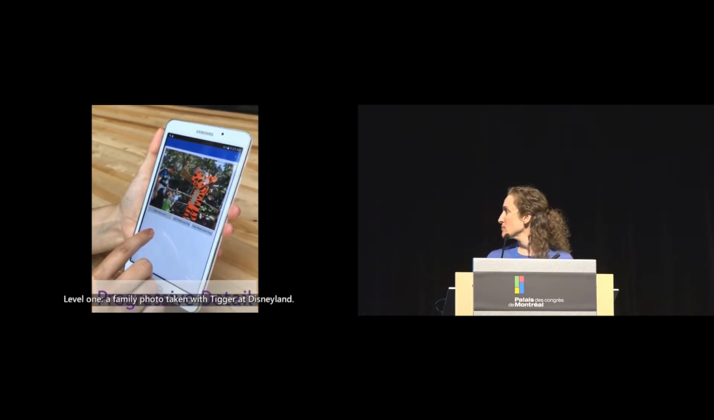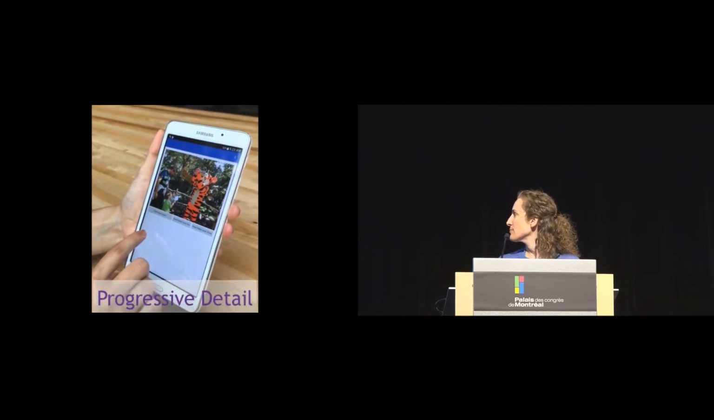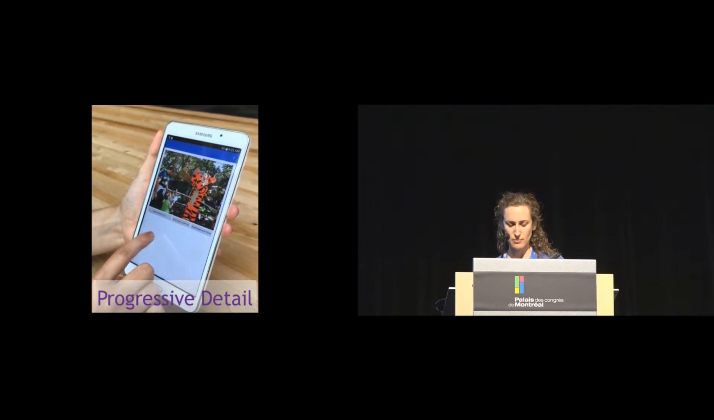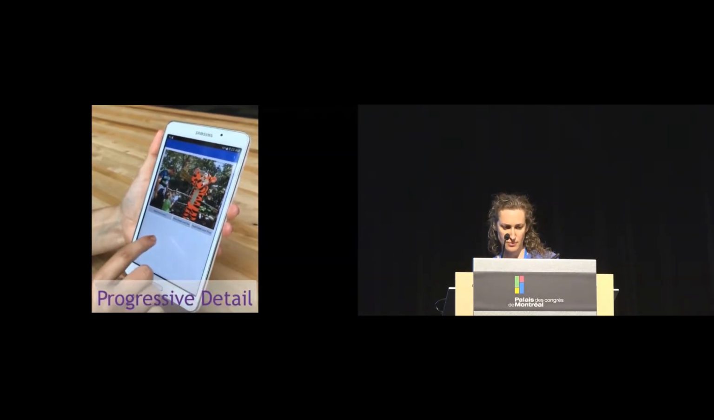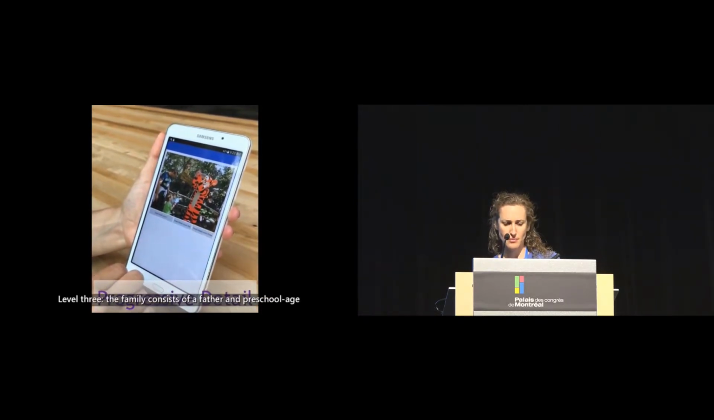Level 1, a family photo taken with Tigger at Disneyland. She slides her finger across the screen, then taps it twice. Level 2, Tigger is signing the family's autograph book. She taps the screen again. Level 3, the family consists of a father and preschool-aged boy and girl, and they are standing outdoors in the